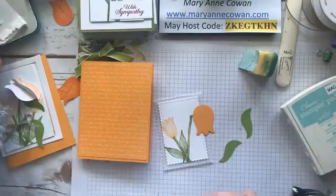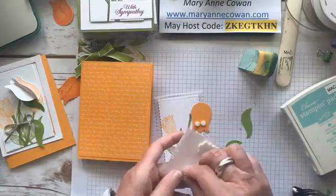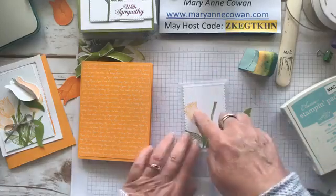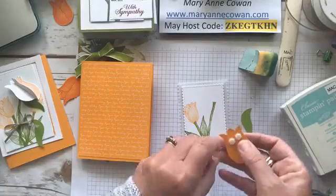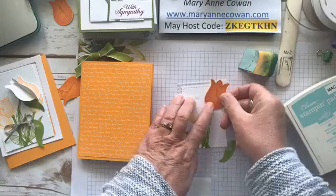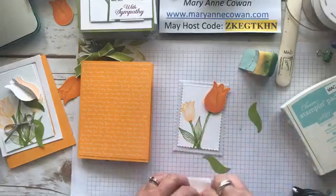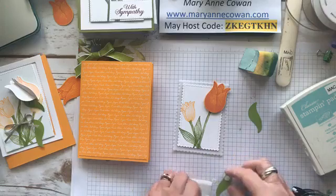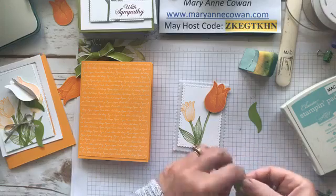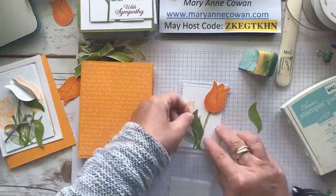So let's pop up our tulip first of all. So we have 1 tulip that's not popped up, and this one, and then 1 that is popped up. I like the look of that. And always put it on a bit of an angle. And then we're going to pop up our leaves. I'm going to use 2 dimensionals. I don't know which way these go, but